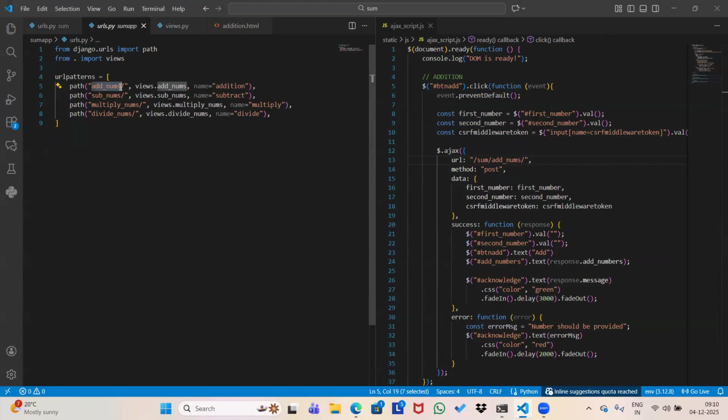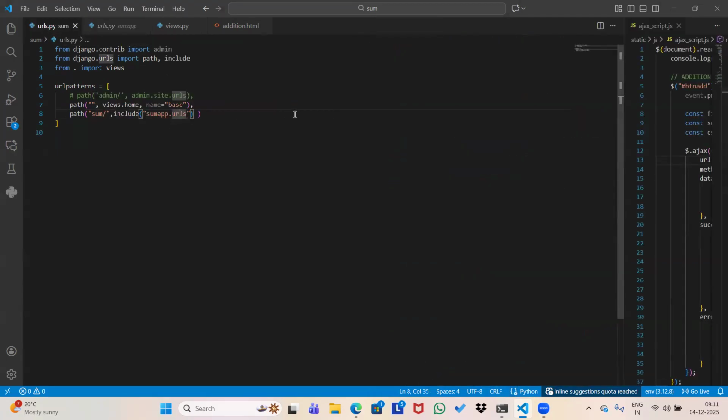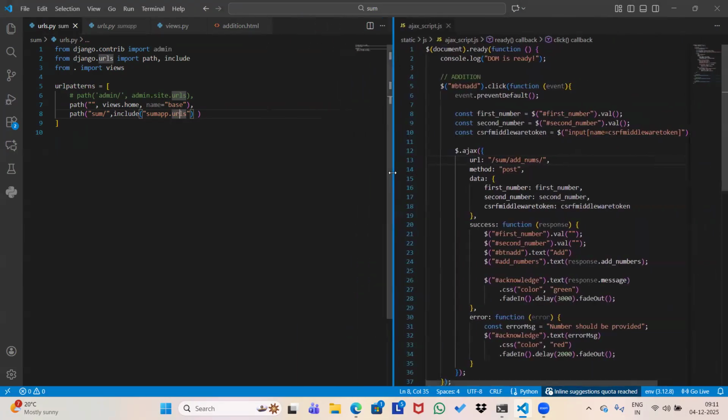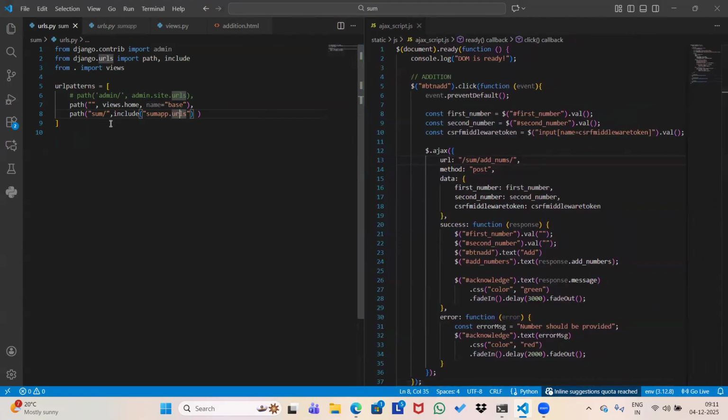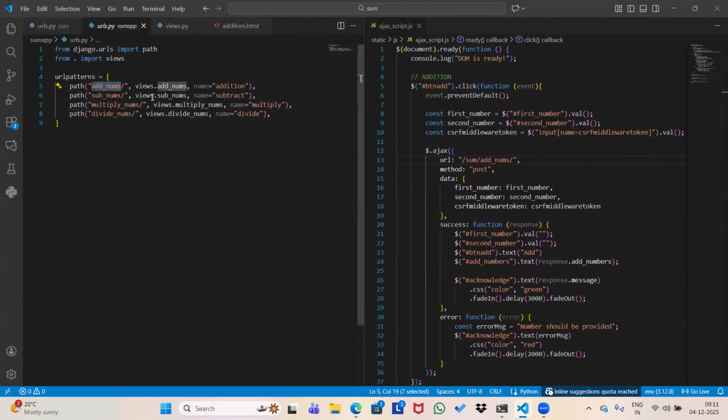route. You can see add_nums. This is my route. So when we write over here, Ajax will check whether this route is matching with any alias. You can see when we were working on urls.py of sum, that means of the app, initially there was nothing, but it connected to the urls.py of the app. So we need to jump to the urls.py of the app, and now